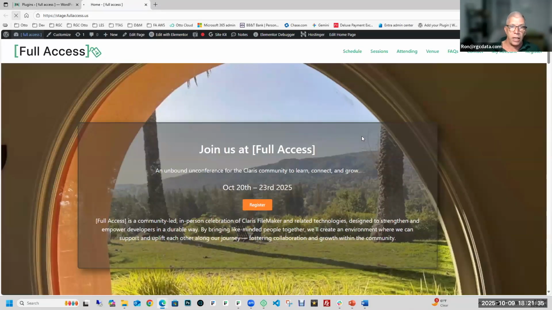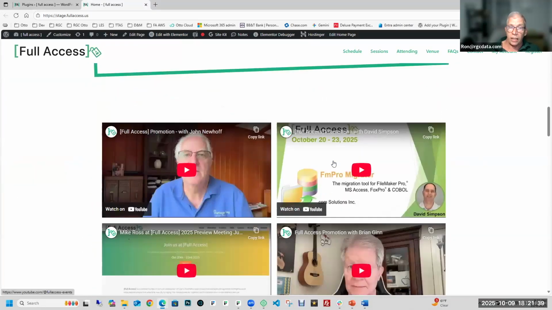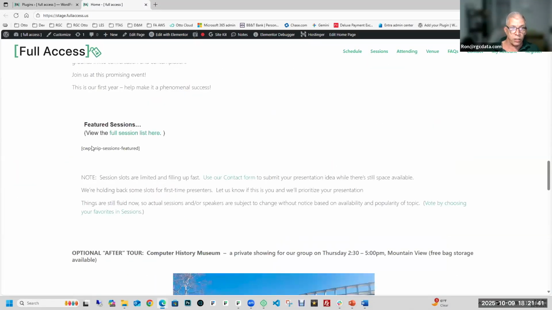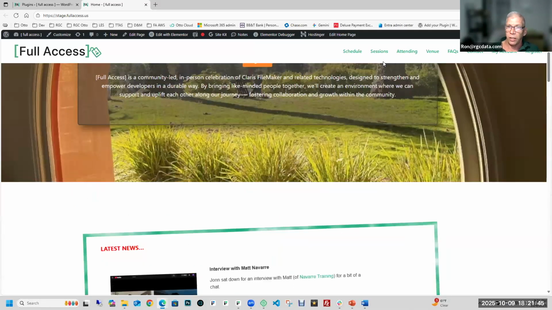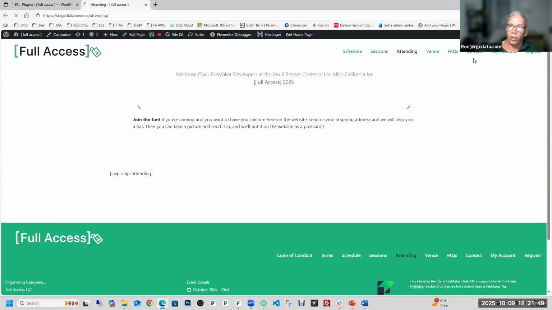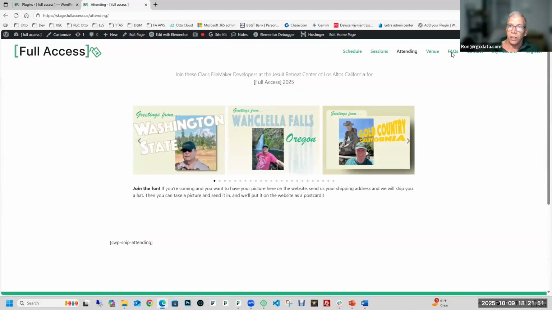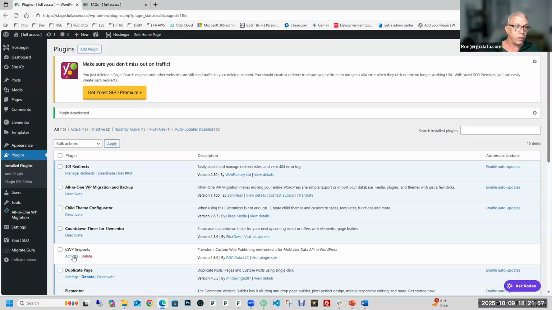Deactivate and refresh the page. Most of the homepage on this one is static, but there's a section here for featured sessions that's no longer there, but basically the session list, the attending, all of the same, all that stuff. We've got facts that are being pulled from the FileMaker database. So if we reactivate,